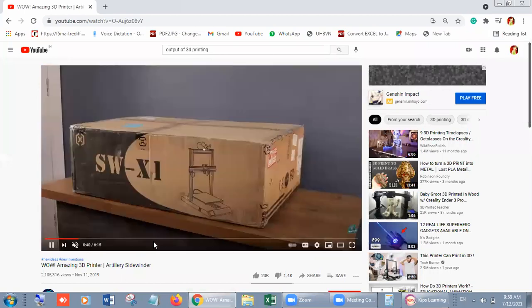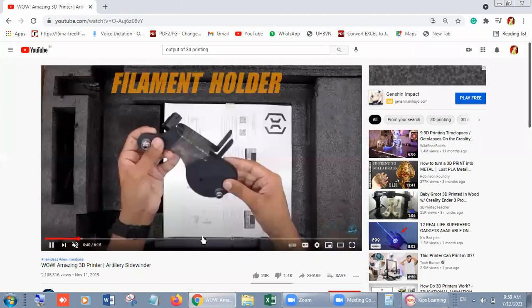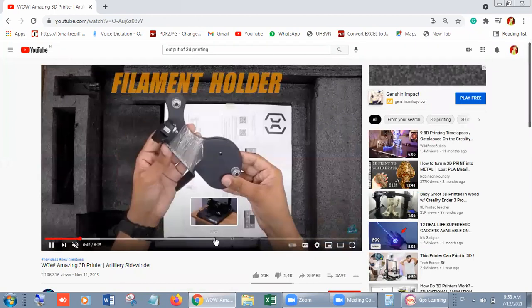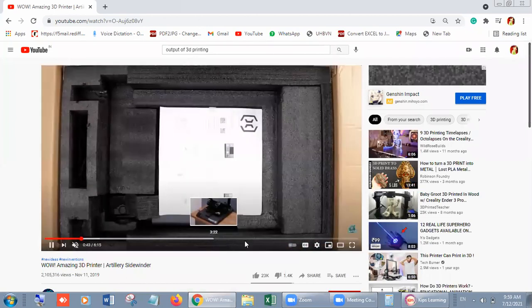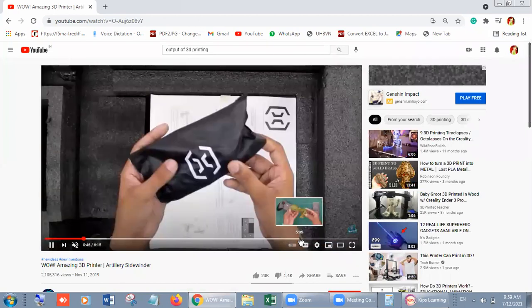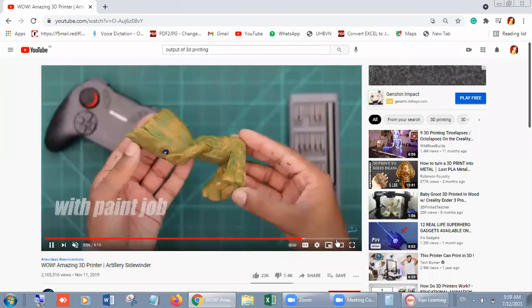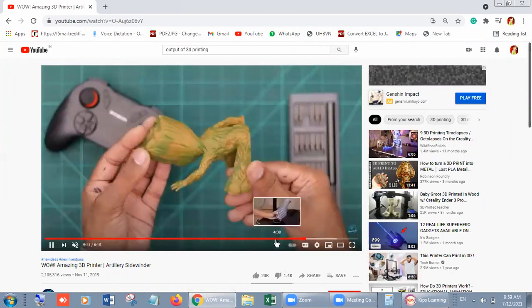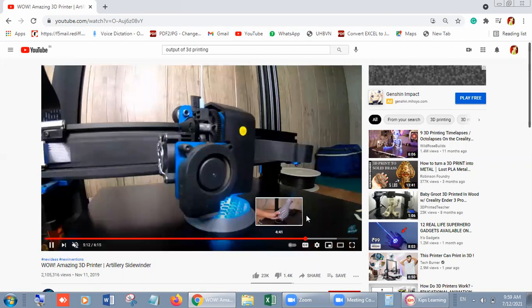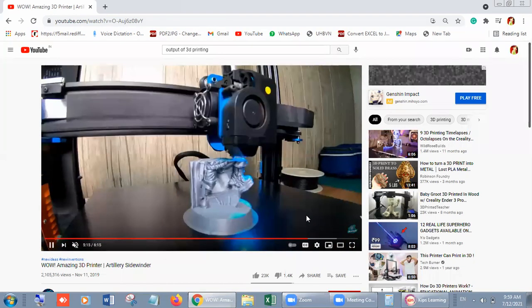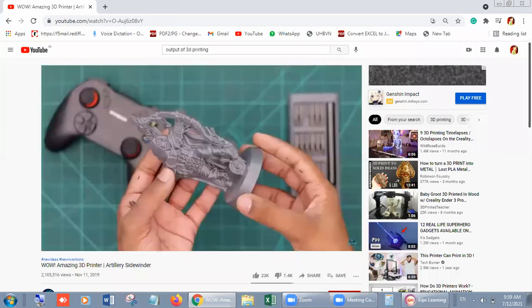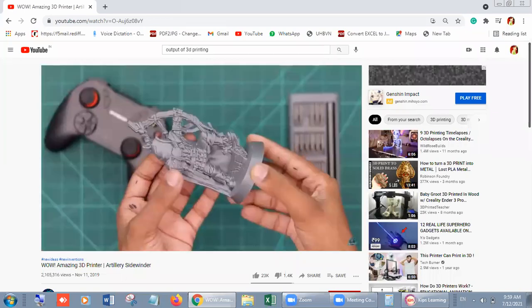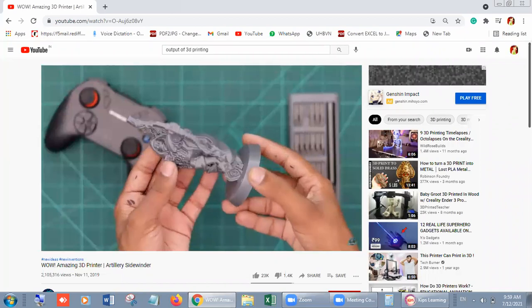Look, students, I'm going directly to the 3D printer. It is unboxing, but we are going directly to the 3D printers. Look, students, you can see the process. Look, every time it creates a layer, and these kinds of toys or anything else you can see in 3D printing.